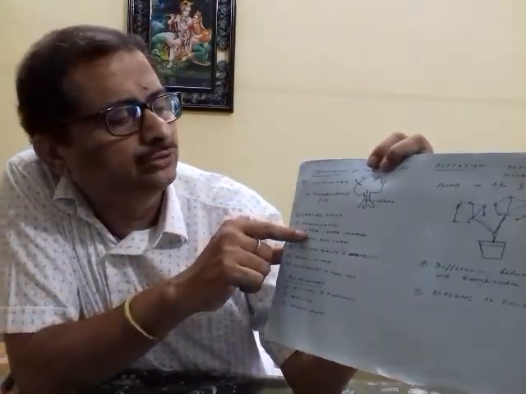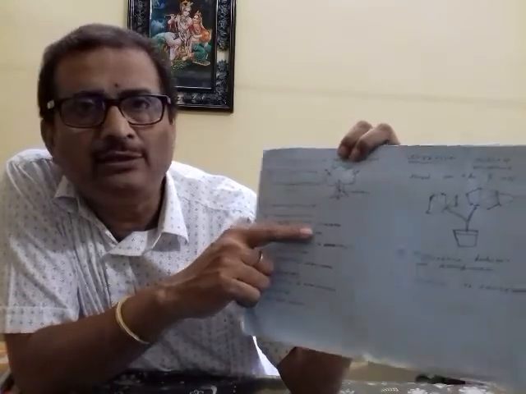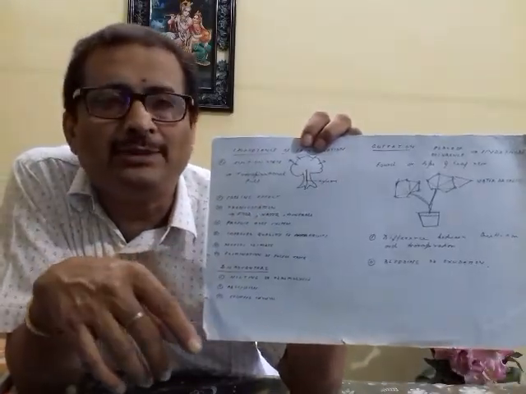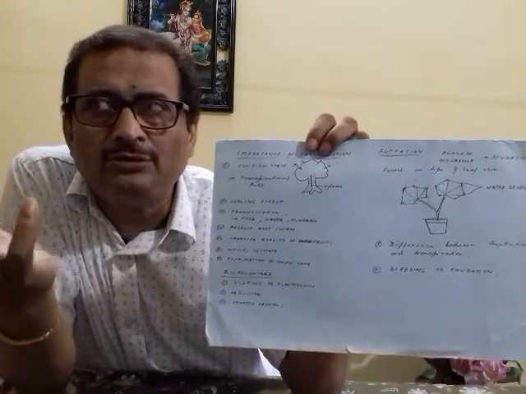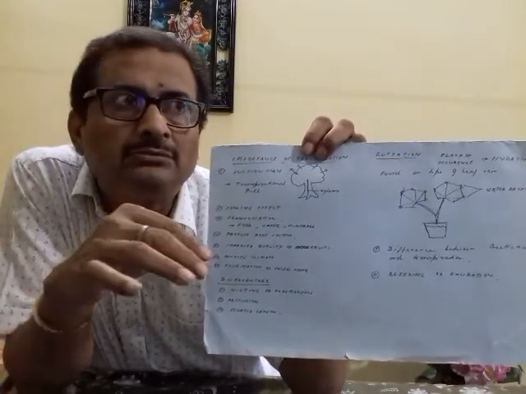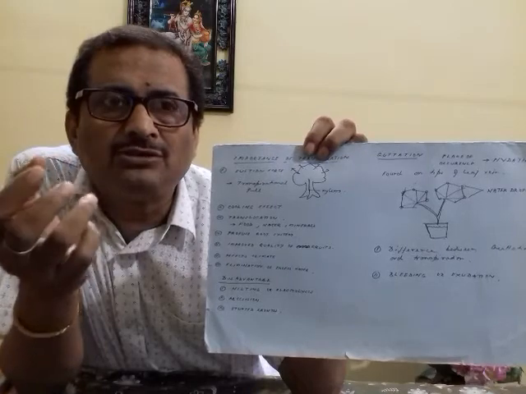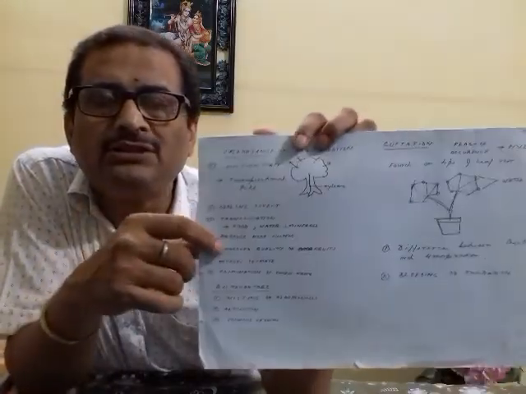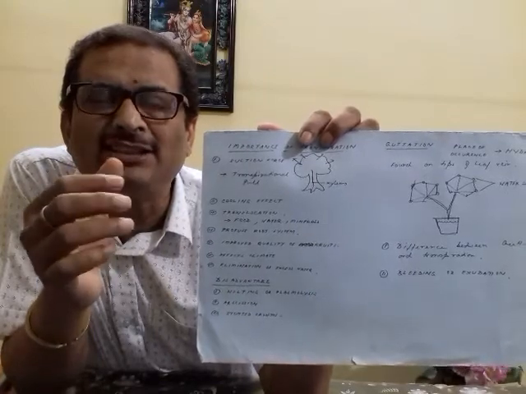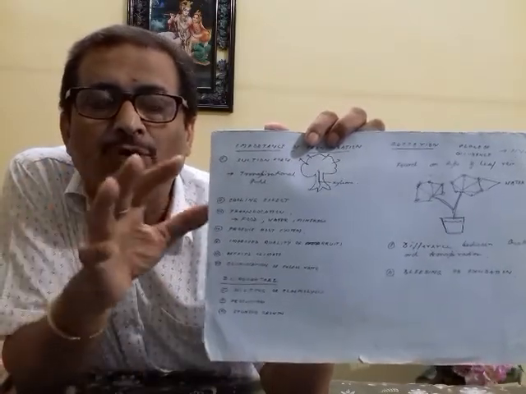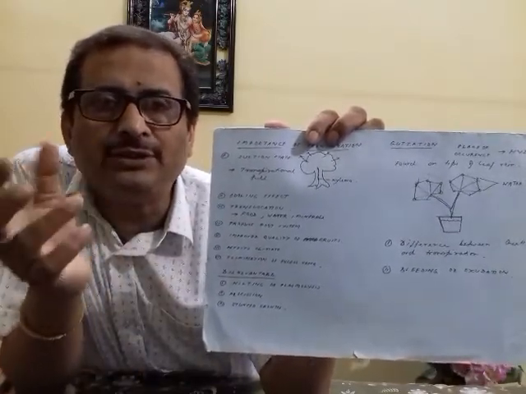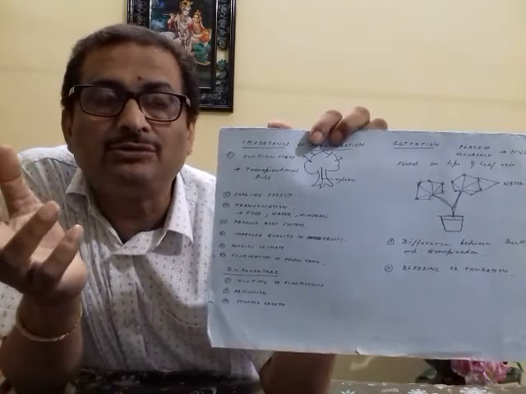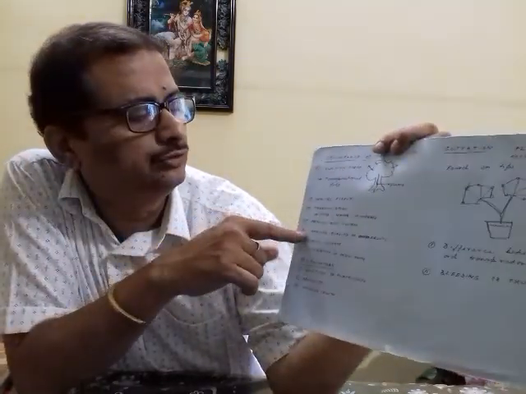Transpiration also is a source of translocation of food, water and minerals. Food means glucose is translocated from one part to the other part, water is translocated, minerals are translocated, so it helps in translocation. Then you have the profuse root system. Profuse root system means if transpiration is there, in that case the root system also develops. If the transpiration water is less, then the root system also does not develop so profusely.